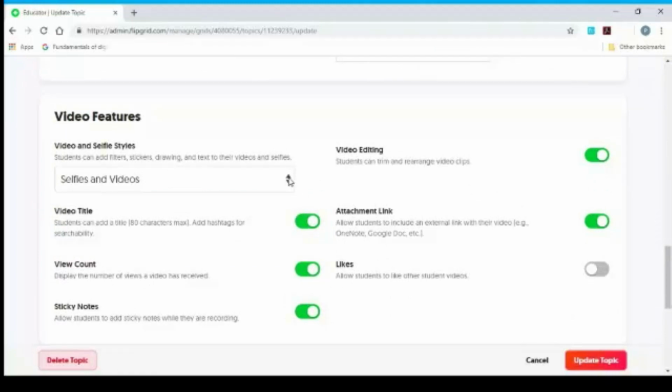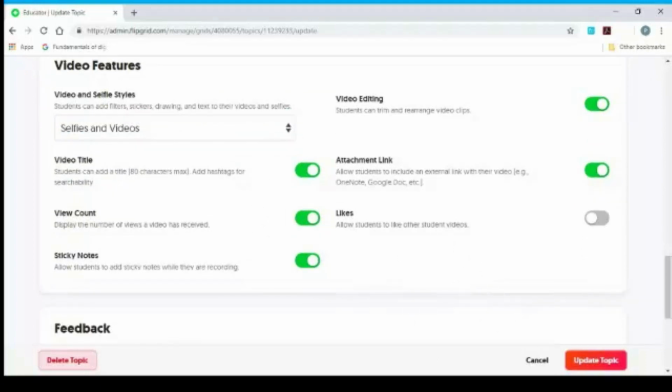Yeah, so it also allows the students to take selfies and send you, or videos only. If you don't want their selfie photos and all that, you can change the settings here, and all those settings you can manage in this part.